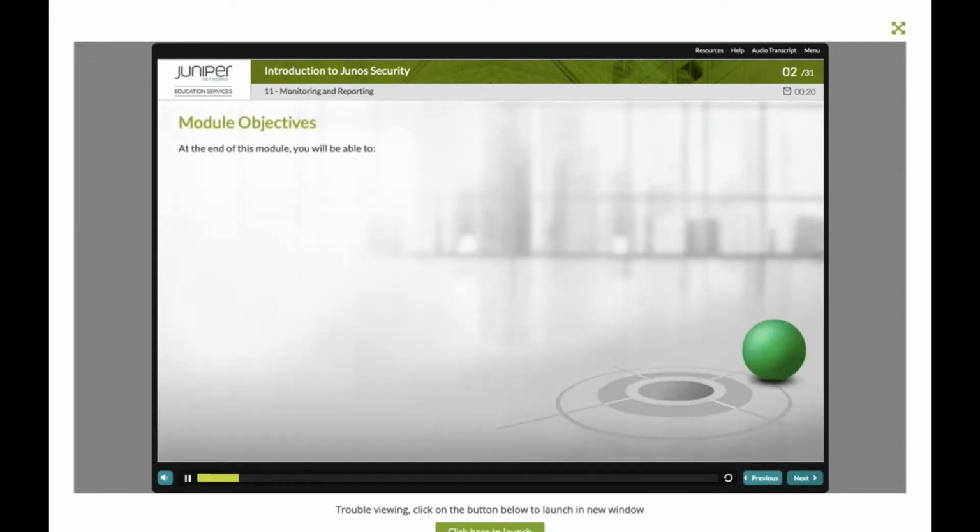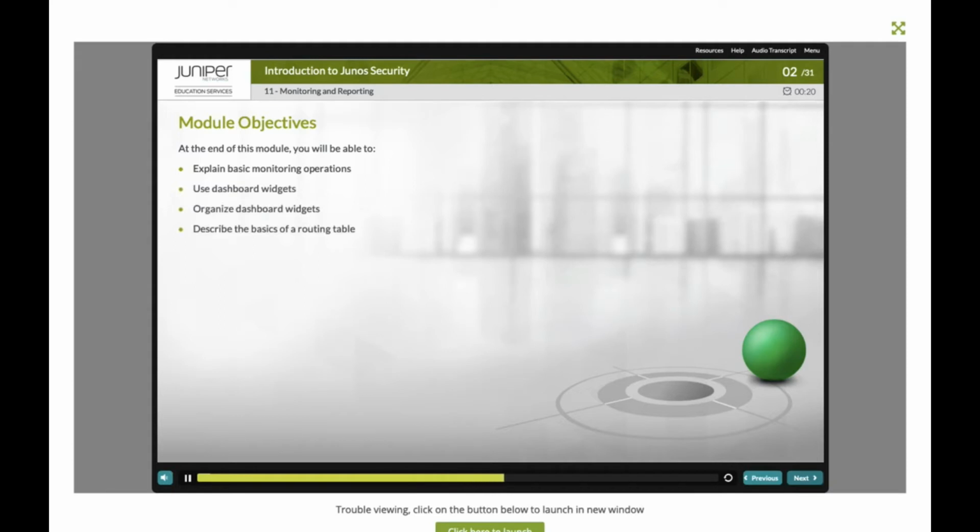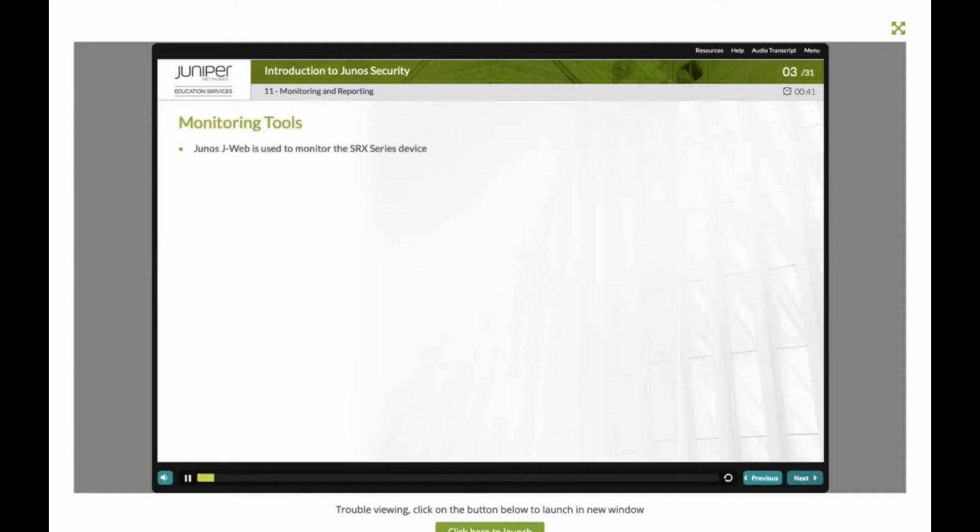At the end of this module, you will be able to explain basic monitoring operations, use dashboard widgets, organize dashboard widgets, describe the basics of a routing table, practice how to view a routing table, and create reports from the Junos OS J-Web. The Junos OS J-Web user interface is a great way to monitor and manage a Junos